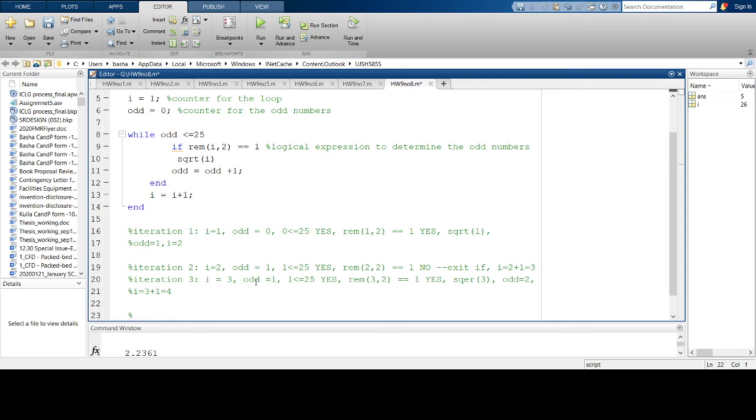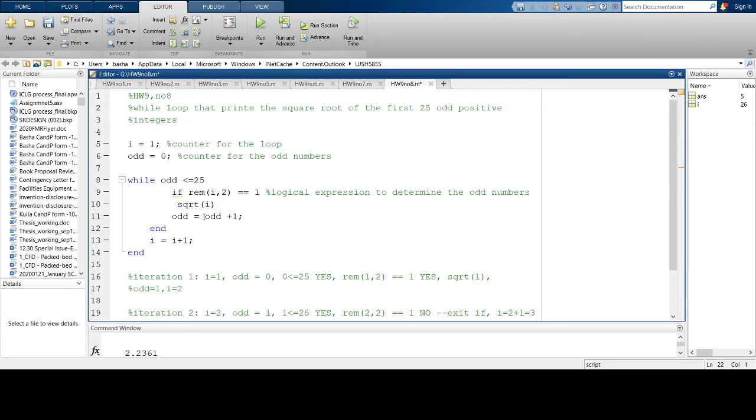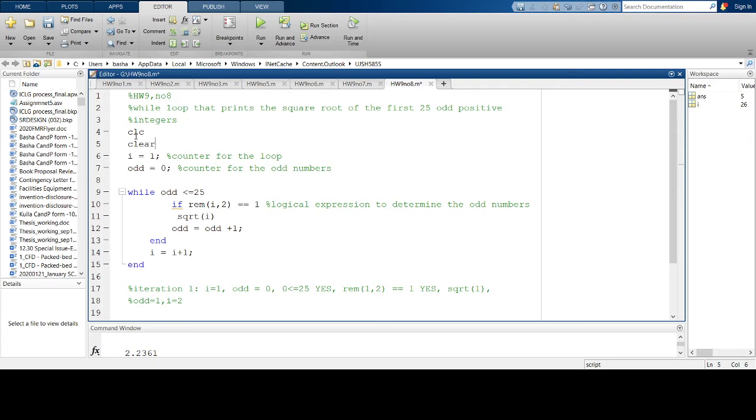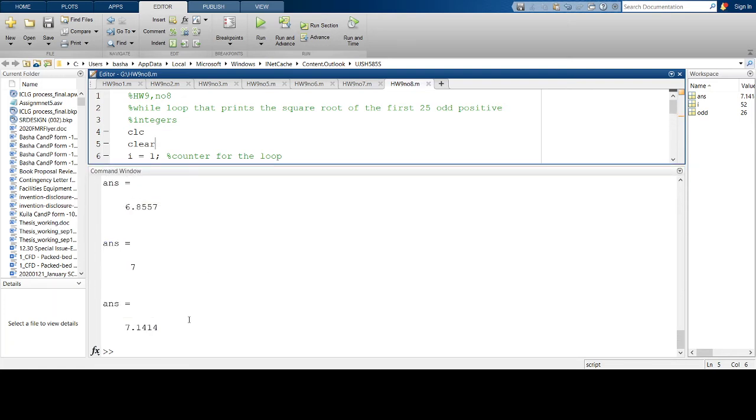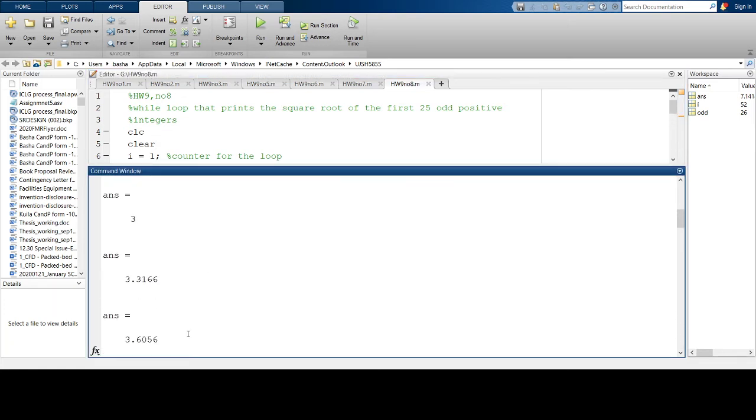And it's going to do this until it reaches the 25th odd positive integer. So this loop should achieve what we want. So I can write clc, clear, just for good housekeeping, and if I run it, I'm going to see the desired output here. So you can see that you have the 25 numbers, which are the square root of the first 25